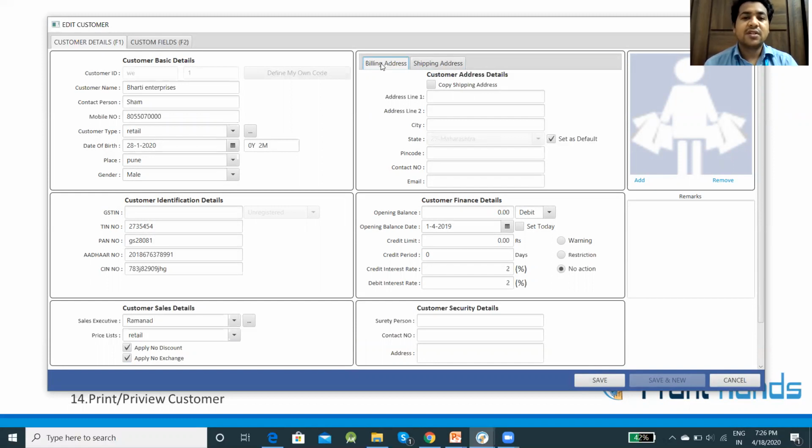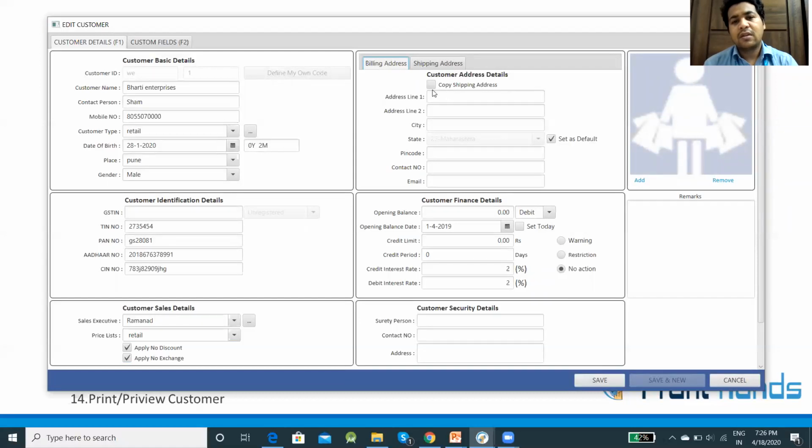Most of the customers have a godown outside of their office, or anywhere else. So you can ship the stuff to that godown, and for billing, if the customer has a facility at the main HO, you can do the billing over there.